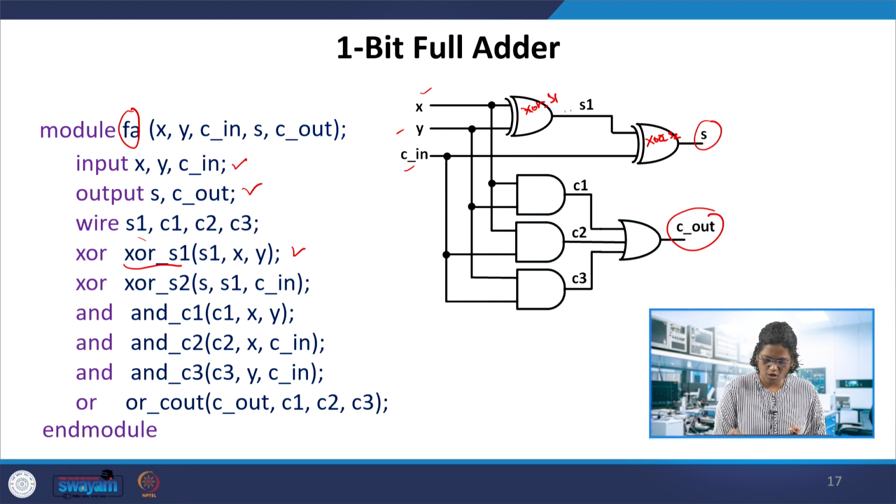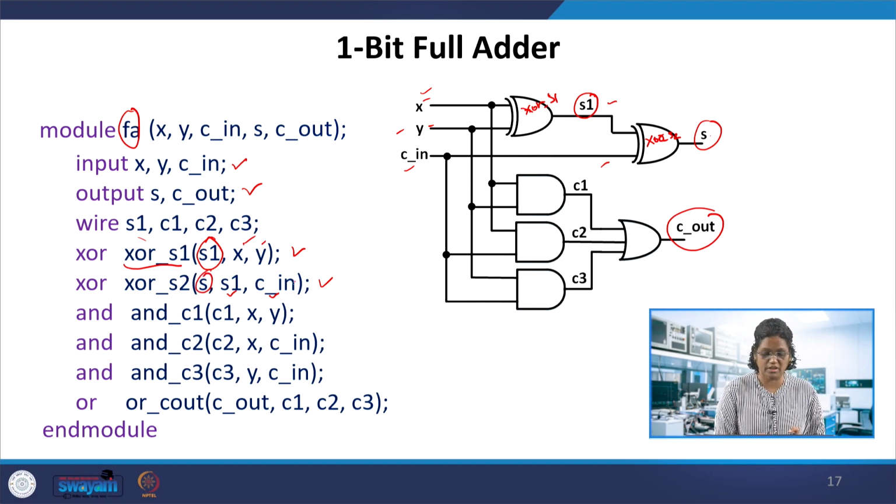The outputs and inputs can be seen over here. So the input is X and Y, given here. The inputs of the second are S1 and Cin, whereas the output of the first is S1 and the output here is S. So these are the two outputs.